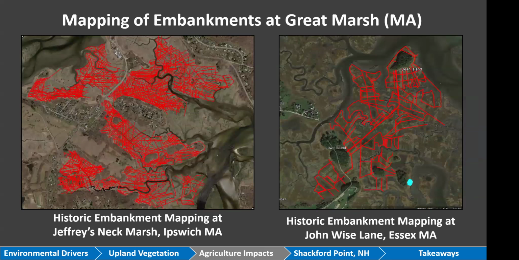Additionally, we partner up in New Hampshire with our restoration activities. We partner with New England Wetland Restoration with Jeff Wilson, and he has become a jack of all trades when it comes to actually walking sites and using aerometry to actually map these embankments. It seems like the more time we spend at a site, the more embankments we find, which are shown on the red out there. And these embankments are over the course of 200 to 300 years, because these marshes were